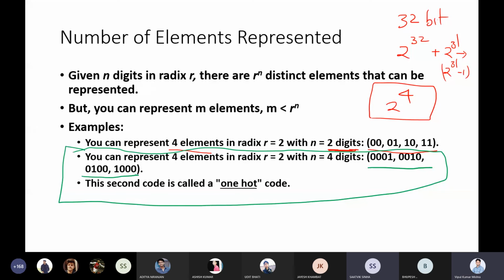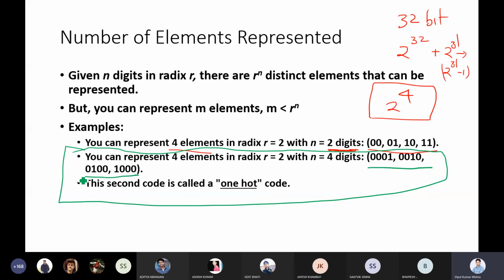Position of 1 is shifting, that's true. Or you can say only one 1 is present in each word, meaning there is no double 1. Only one single 1 is there, and all the rest are 0. Or you can say only one place is 1, the remaining all are 0. Is it true or not in this case? Only one place is 1. So this is sometimes known as positional information. When only one place is 1, you are talking about that position. And where is it utilized?